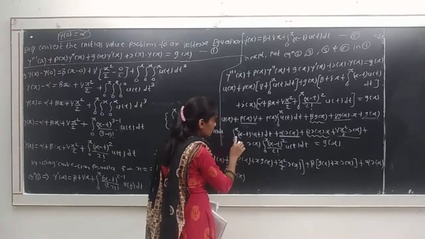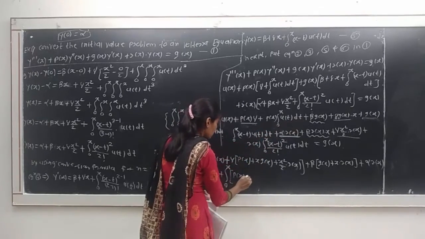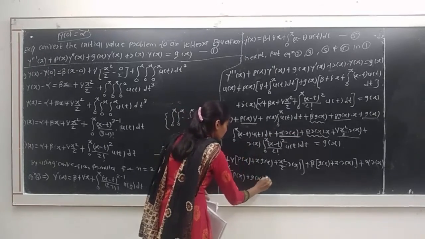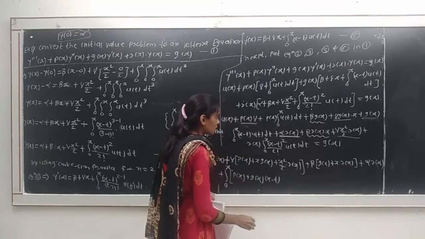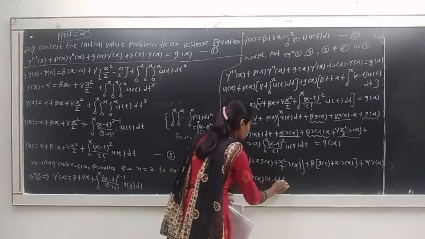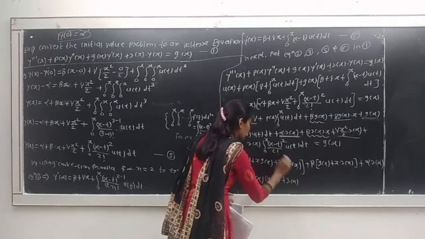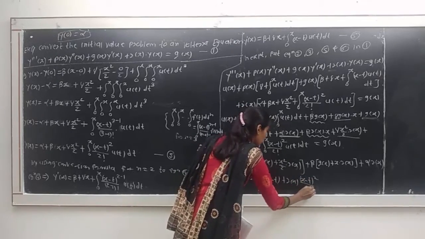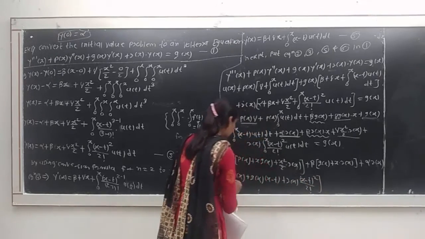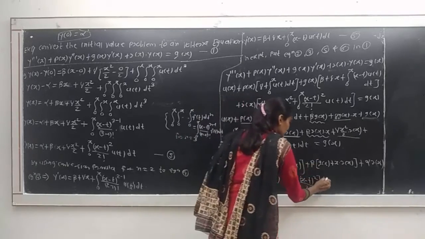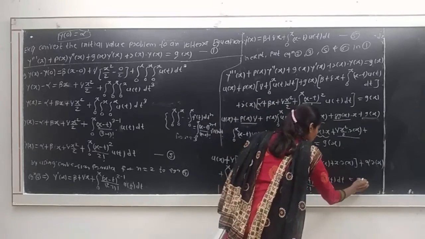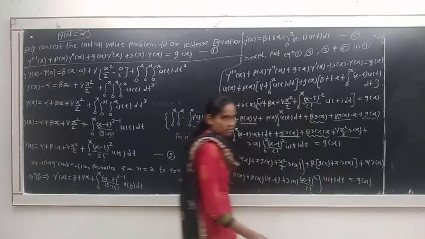Then next integration is this, coefficient of this will be plus q of x into this x minus t. Then next integration this plus r of x into x minus t square divided by 2 factorial, bracket complete, into u of t dt is equal to g of x,